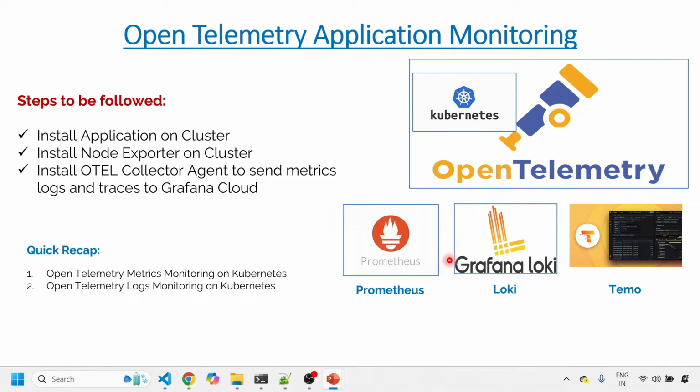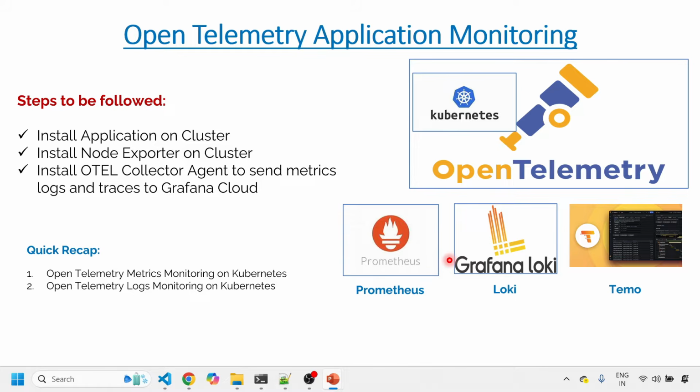This is Bhupesh again. Came back with a very extraordinary session on OpenTelemetry. Basically, I've received a lot of important requests on how to enable end-to-end monitoring of a Kubernetes-based application, which we have not done so far, I guess. But in this session, you'll find how to install a